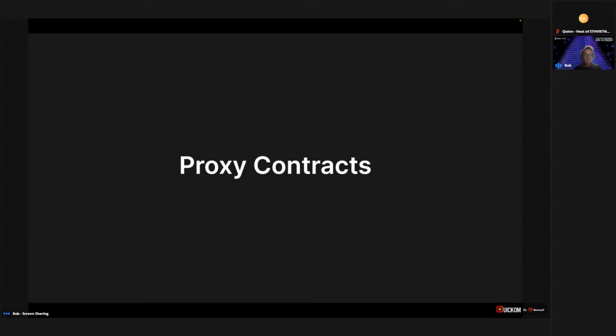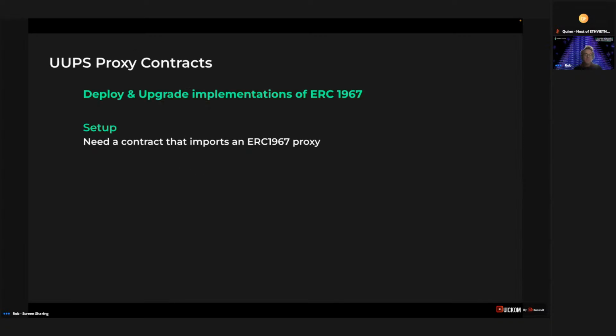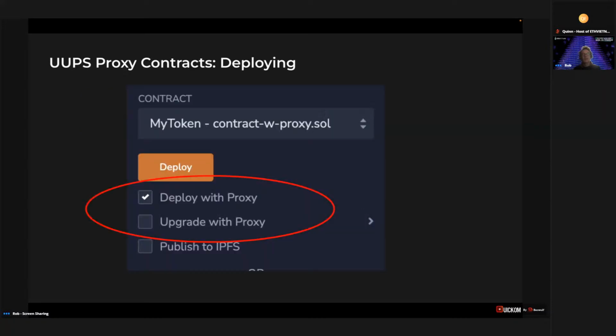And we've also added proxy contracts into Remix. So this is the kind of proxy contract that is allowed right now. I mean, not so much allowed, but we kind of foster, the ERC 1967, the UUPS proxy. So now any contract that imports an ERC 1967 contract is going to get a few more checkboxes underneath the deploy button. And if you deploy it with a proxy, I'll go over upgrade in a minute, but